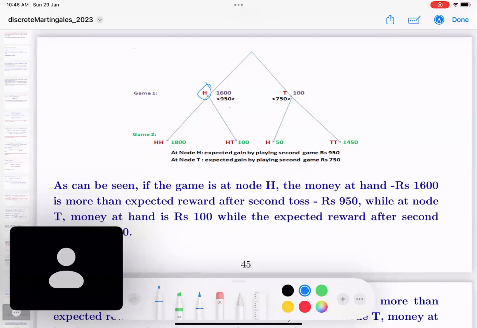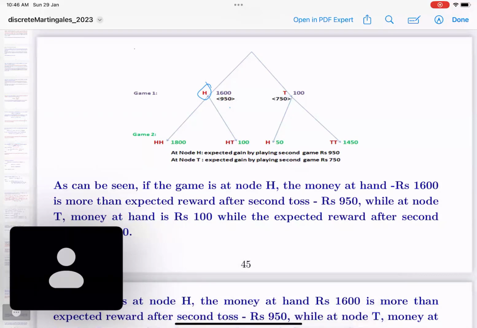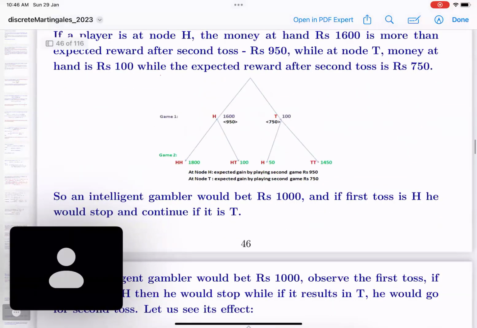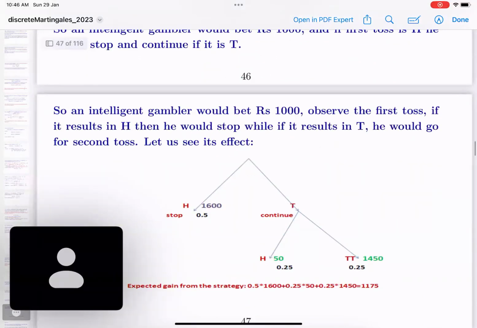So why would you play? Whereas on the other hand here, 100 can go down to 50, but it can go up to 1450 with probability half. So it will go up to 750. So you have lost, but you have a chance of making it up somewhat. You initially started with 1000, it is down to 100, but you can get something at least if you play one more round. And so a smart investor will quit if he or she reaches 1600 and